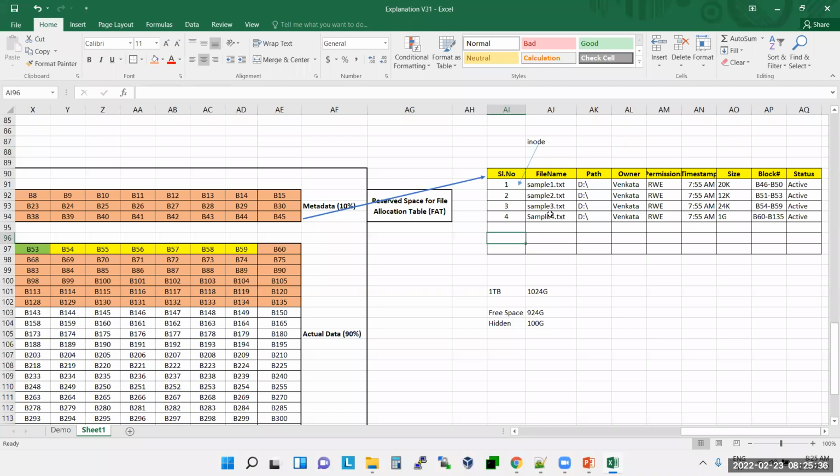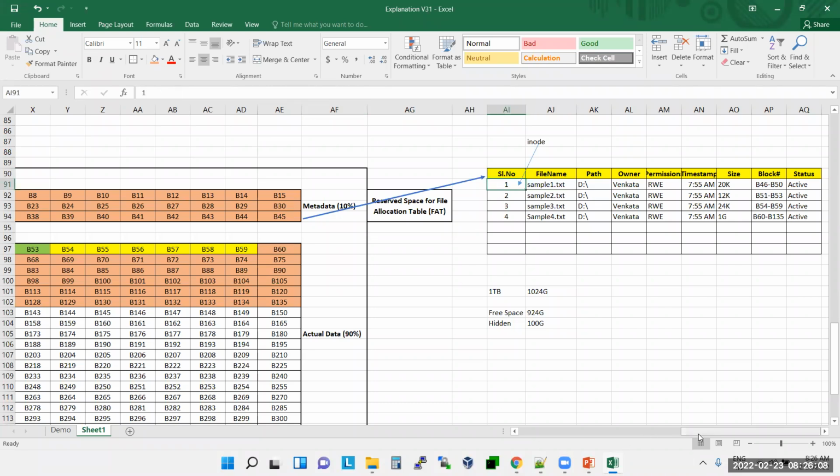So instead of saying we have 4 files, I will say we have 4 inodes. What do I mean by we have 4 inodes? We are having 4 entries, I mean 4 pieces of metadata information. So when I say we have 4 inodes, it means we have 4 files stored on the hard disk. Correct? Yes, sir. That is the meaning of inodes.